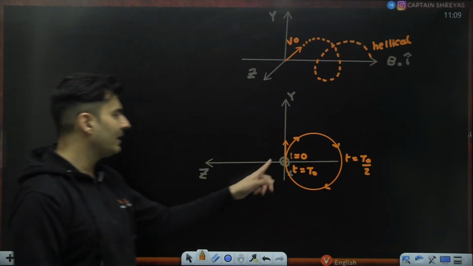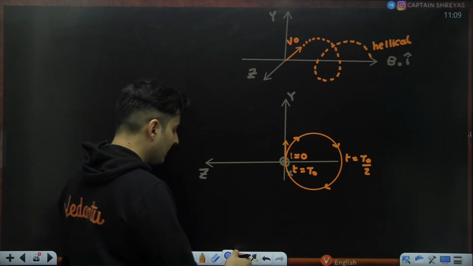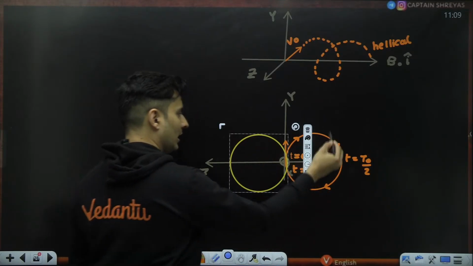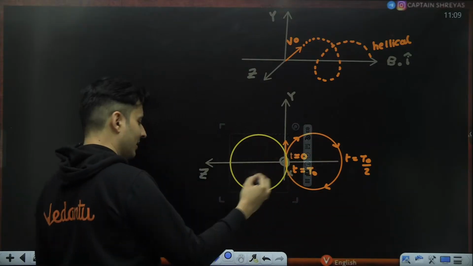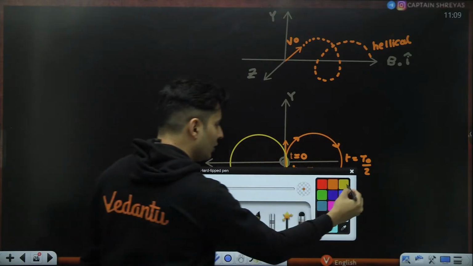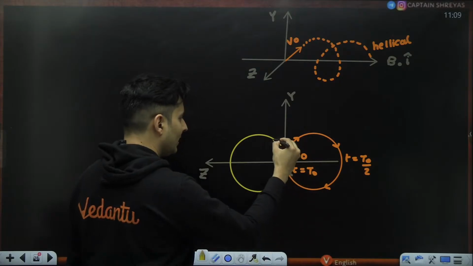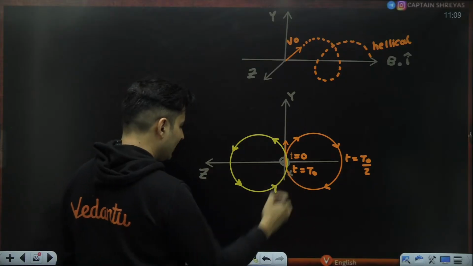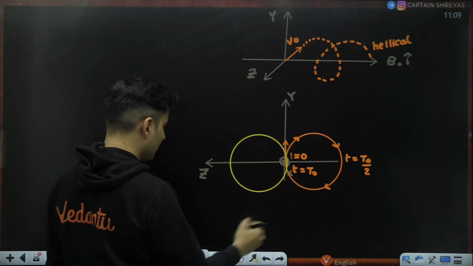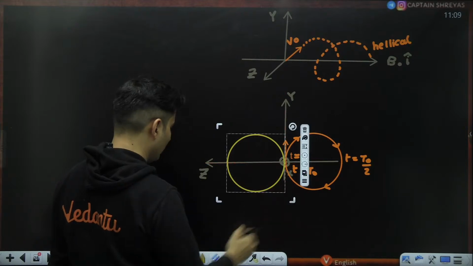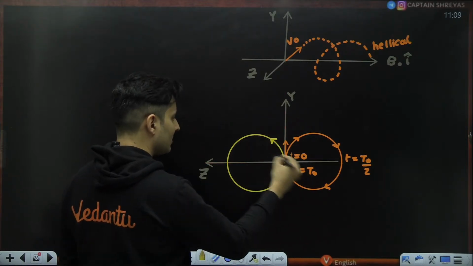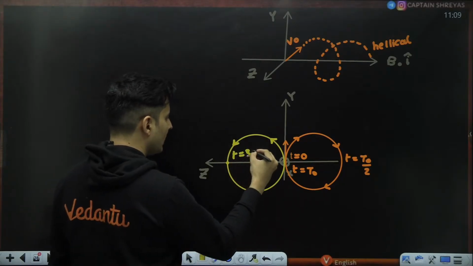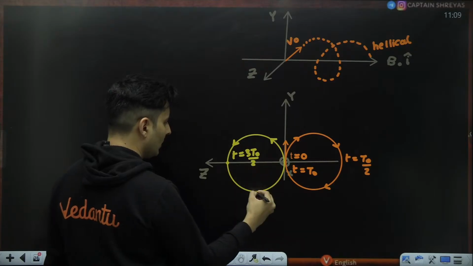So what will happen if the magnetic field reverses in direction? This circular path will now be over here. It will not go like this. It will come here. It's crazy to visualize that now the particle is going to go like this, like this, like this, and like this. So at t is equal to t naught, it has basically switched on to a newer circle. It goes like this, and maybe this will be t is equal to 3 t naught by 2. It will come like this and